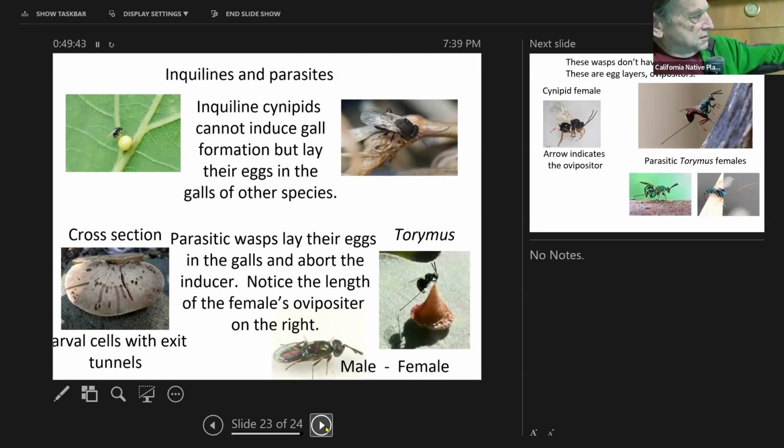And that Pterimus female down there in the bottom right has got an ovipositor that's longer than she is. When she finds a gall, she can reach down through there and deposit an egg on the larva down inside. Her egg hatches, consumes the original gall maker. And so sometimes a month or 2 or 3 or 6 months later, out of these galls, you'll start getting